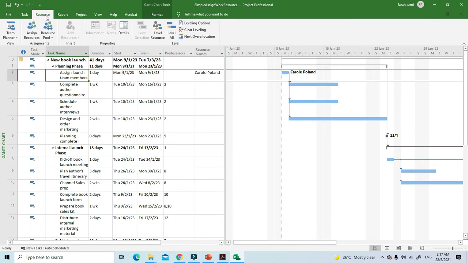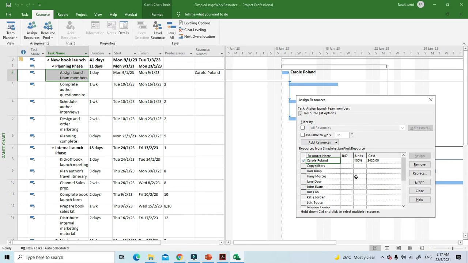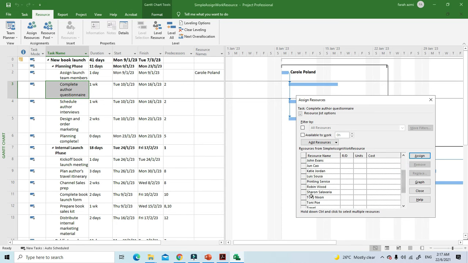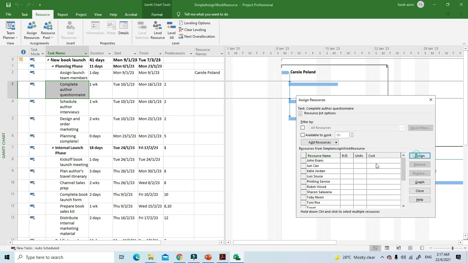You go here, you click assign resource, and this dialog box comes up. Then for the second task, I want it to be, sorry, the third task should be Tony. Then I click Tony. Okay, and then